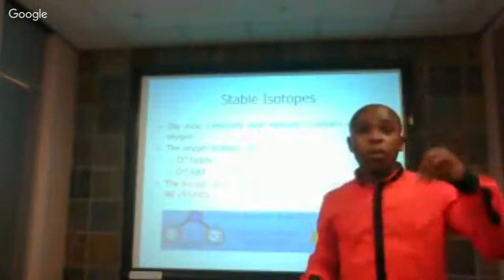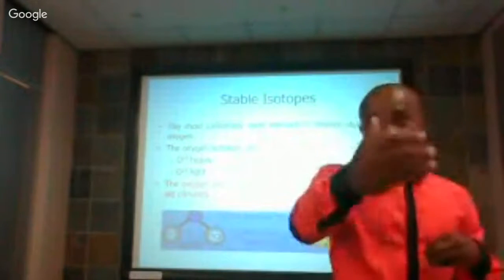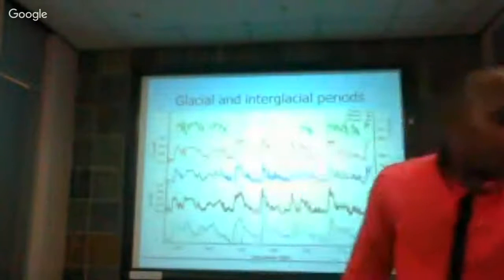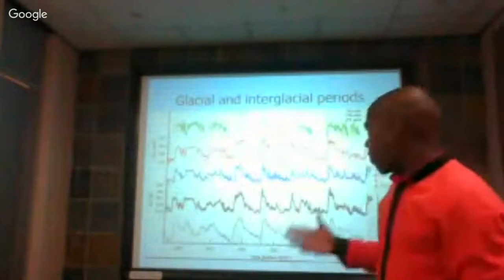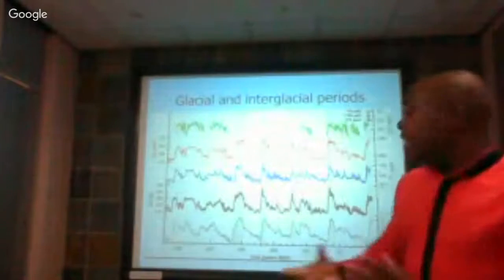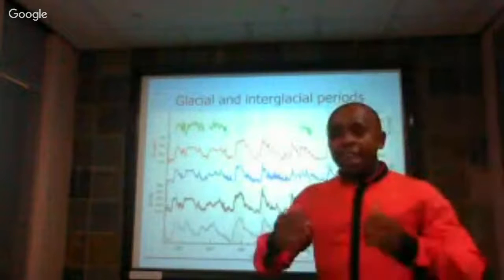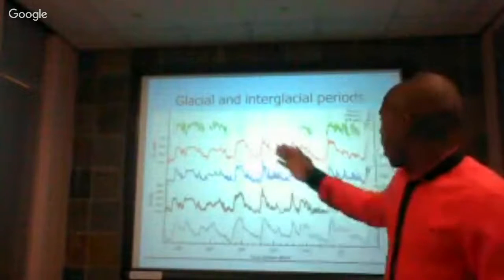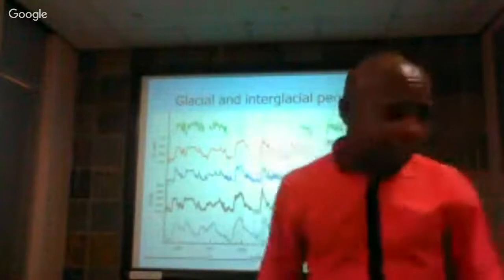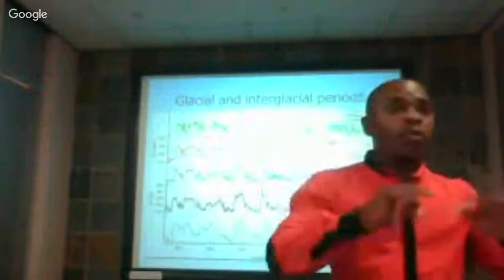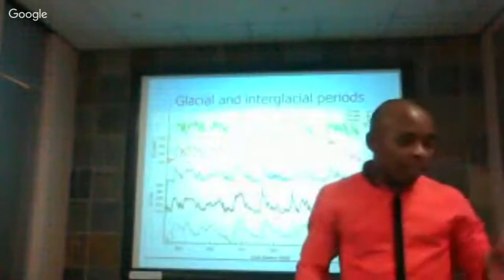That is, we use the proxies to predict the past climate, not that we use the oxygen now to predict the past. Now moving on to the glaciers and the interglacials. As you see in the diagram, we have the proxies, or rather the indicators, which basically indicate the warmer climates. That is the carbon dioxide, the nitrous oxide, the methane, and they all represent the warmer temperatures.